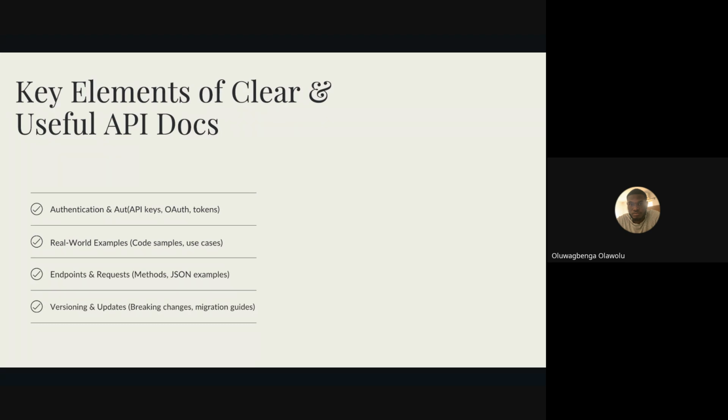It looks so obvious, but I've seen cases where the endpoints and requests are stated there, but you don't know what request you need to make. You don't know what you're expecting.